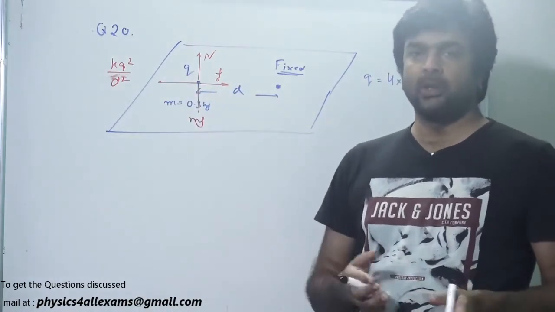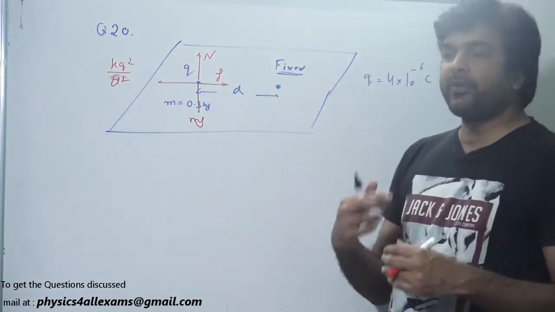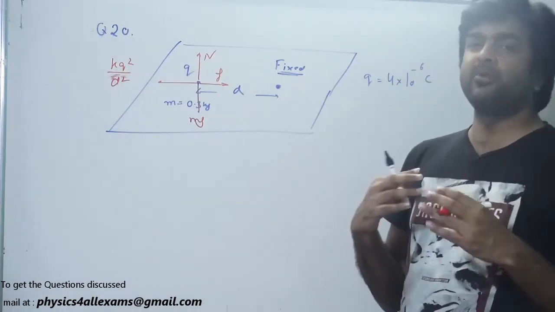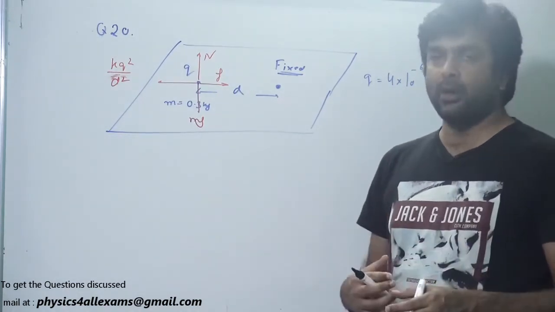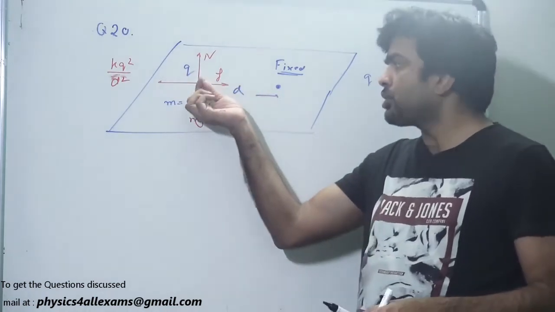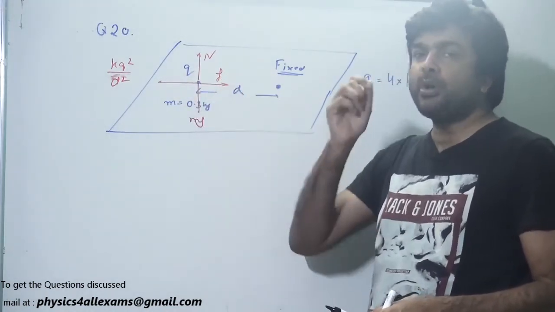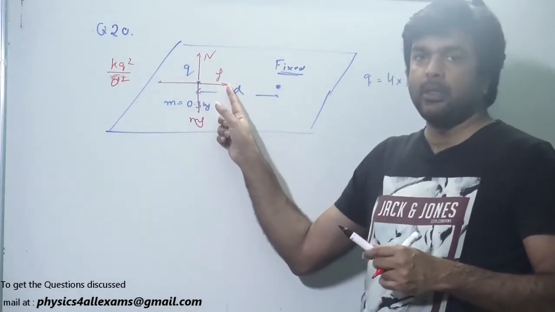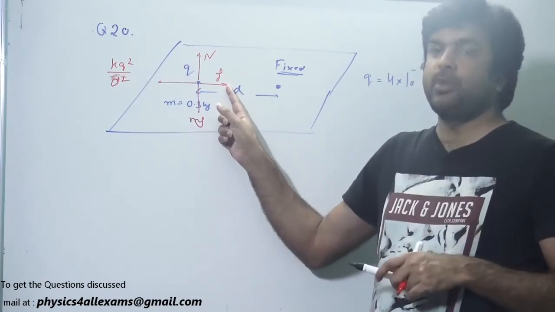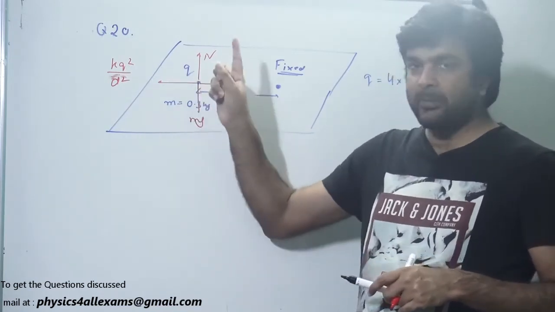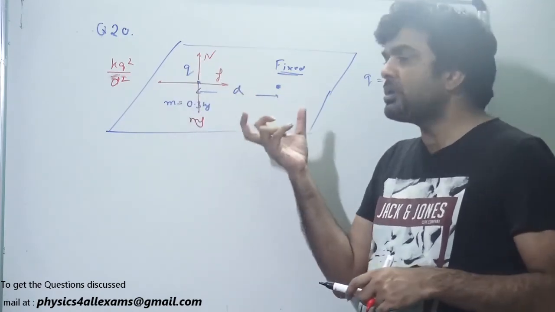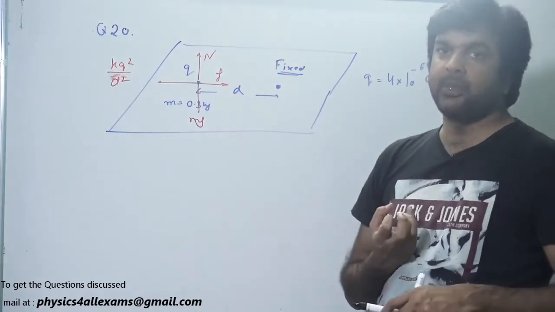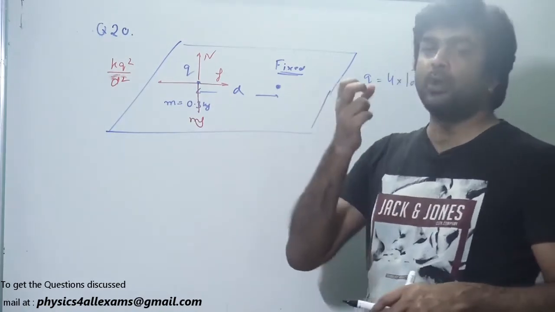there is no problem. The problem comes when friction attains limiting value. There is a maximum possible value of friction, and that is equal to μN. So as we bring the particle closer, there will be more and more repulsive force acting on this particle, and if it has to be in equilibrium, F must be equal to kq²/d². As the distance between the two charges decreases, repulsive force will increase, because of which friction force will also increase,